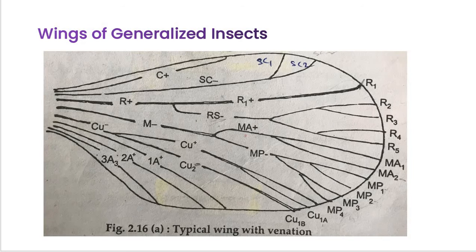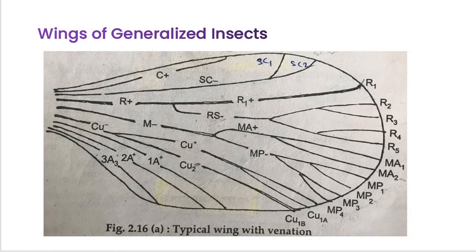Now at the base of the wings, the sclerites are articulated with the thorax. Such sclerites permit the movement of wings during flight. Also at the base of the wings, sensory attachments or sensillae are there. Such sensillae are concerned with the control of wing movement. As I already showed you in the previous lecture, in the previous slide, the origin of the wing at the thoracic region, or the attachment of the wing base.